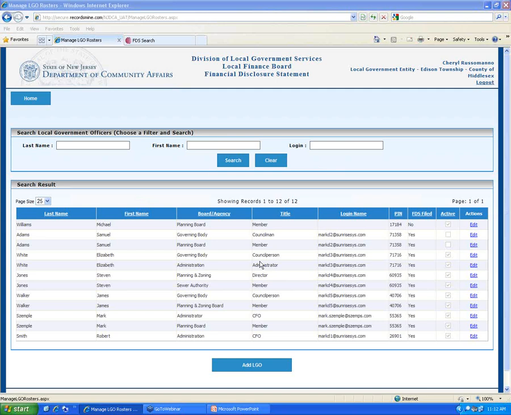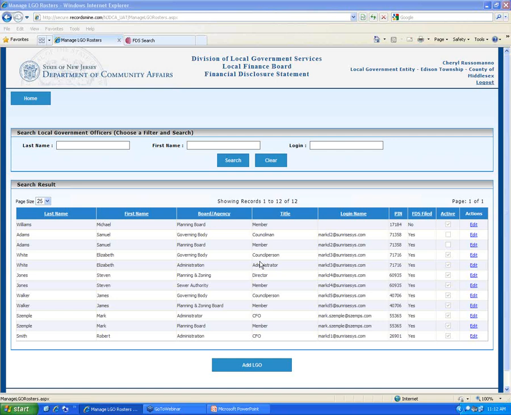Next question: if someone works in more than one town, can they link to one FDS, or will they have to fill out the same form twice? Again, it depends when they get their PIN numbers. If they get their PIN numbers relatively close together, or they just wait till they get all their PIN numbers, then they'll be able to file one FDS for all entities and all positions,